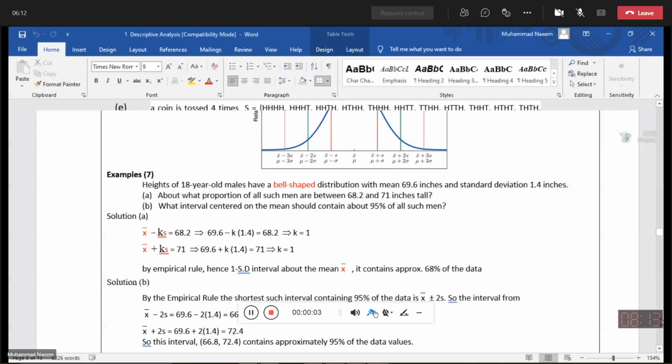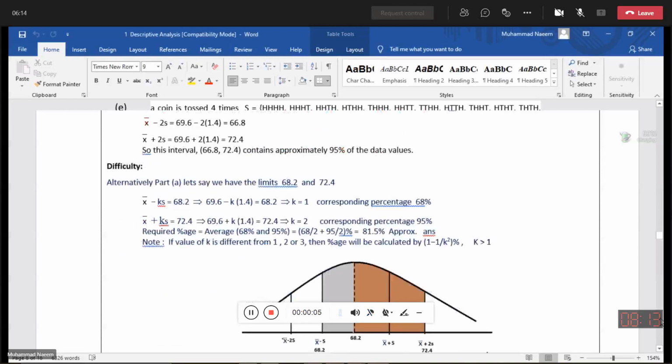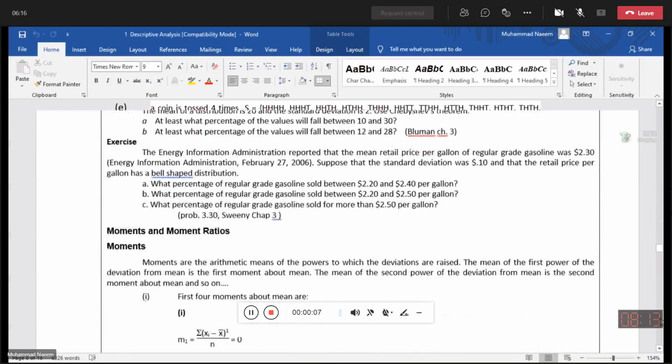सर हमने वो उधर तक किया था जिधर वो दो एक्सरसाइज के लिए एग्जांपल्स थी उधर। खास तौर पे ये मोमेंट्स एंड मोमेंट रेशो ये कर लिया था।